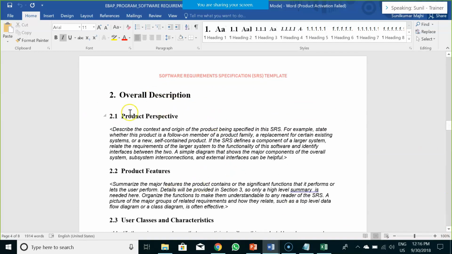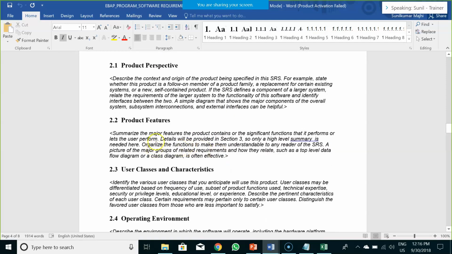After you have done with section 1, you go with section 2, wherein you have to describe the overall perspective of the product, like what this particular system would do and what is expected out of that particular system. Then you would list out all the features as in your features that were listed in your business requirement document. So let's say your business requirement document had 50 features, and this software requirement specification is only dealing with 15 out of 50 features. So you have to list down those 15 features and describe them in detail.